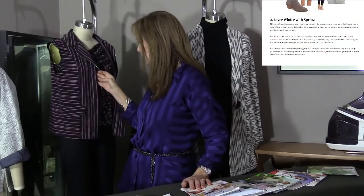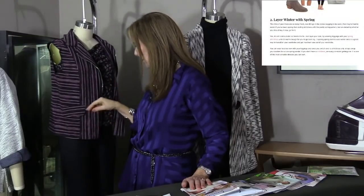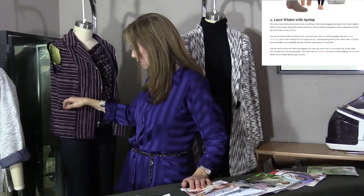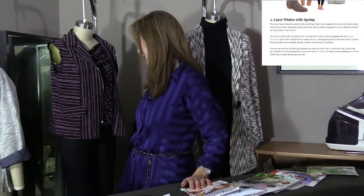This is a little tab that's on that jacket. It really doesn't show up that much. I did do a welt pocket, just because, I don't know, I love welt pockets. I don't know what it is about them, but I just really like them. But it will be a jacket. But even if it's a jacket, because it has no shoulder pad, it wears well under